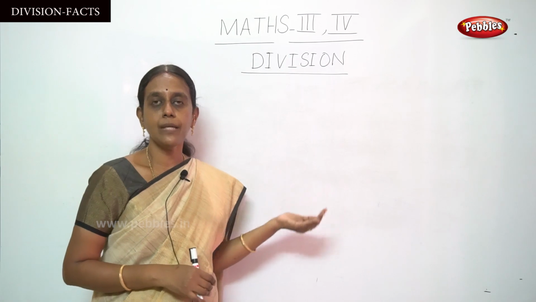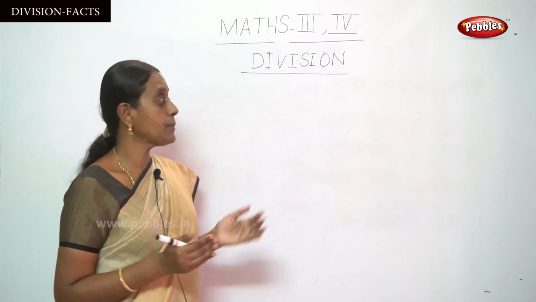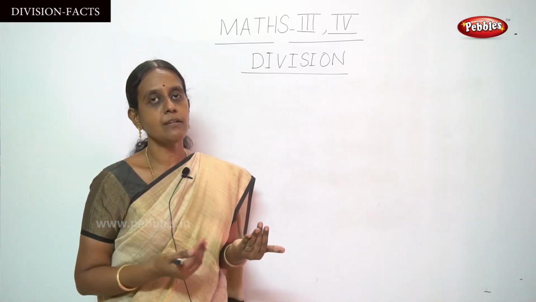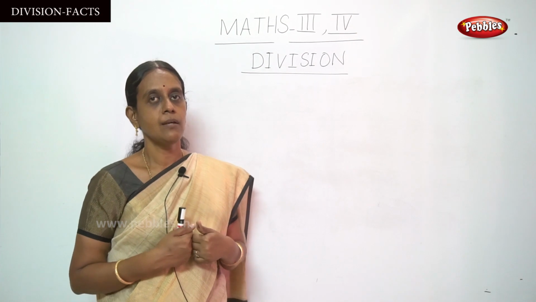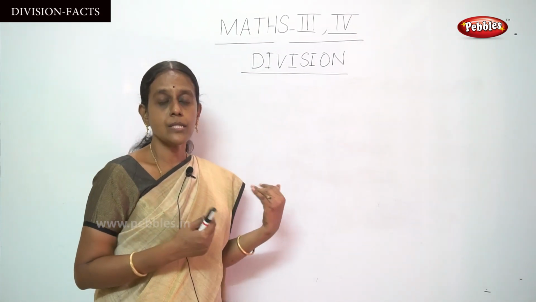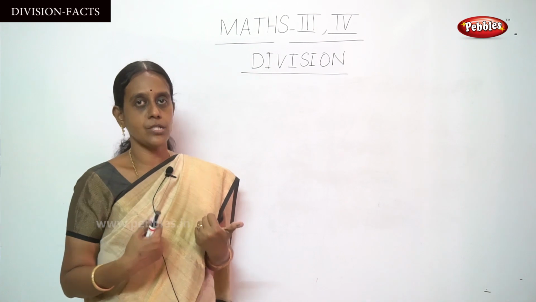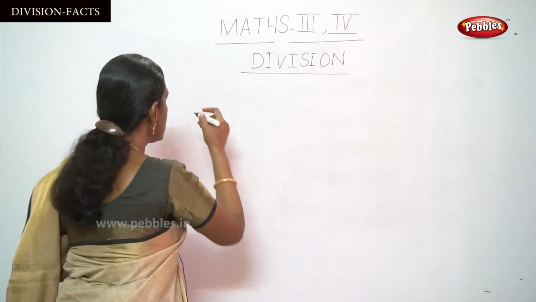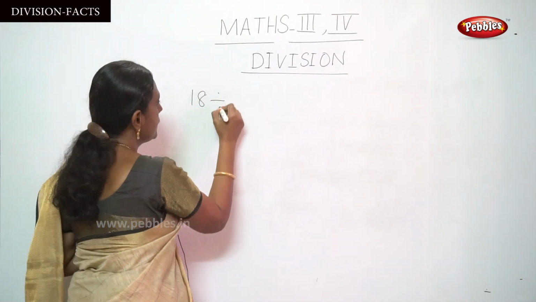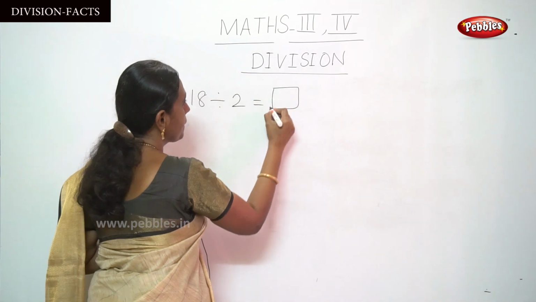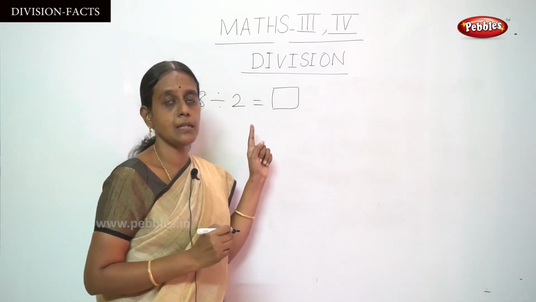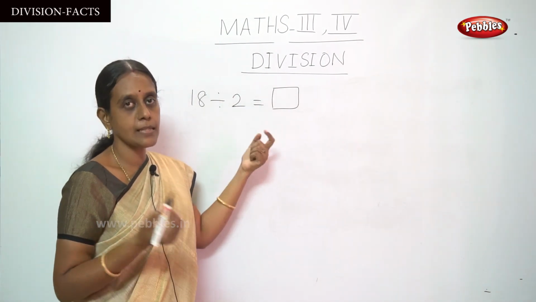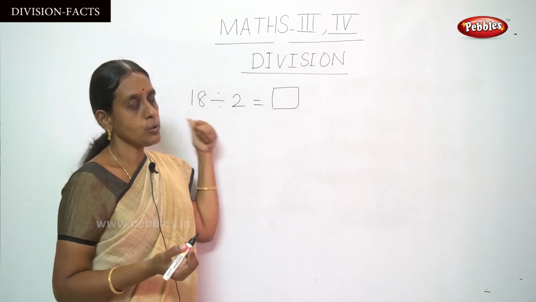Okay children, next we move on to the next subtopic in division, multiplication facts. What are multiplication facts? We are going to write them from the division fact. How to write? I am going to write a few example sums. Here, 18 divided by 2. This uses our previous multiplication table. You put the answer 9 by saying the 2 table up to the number 18.